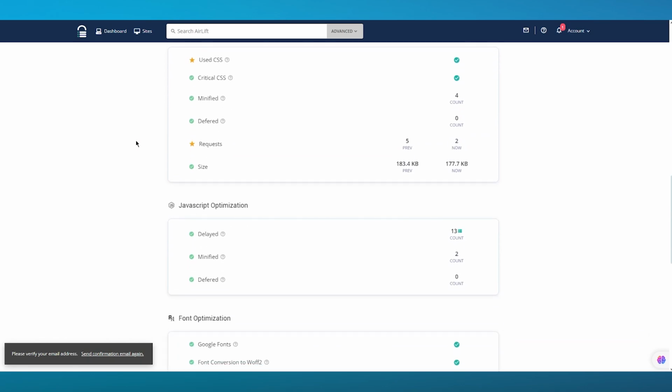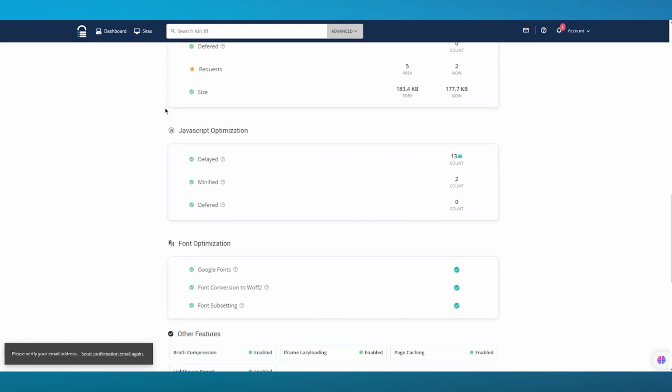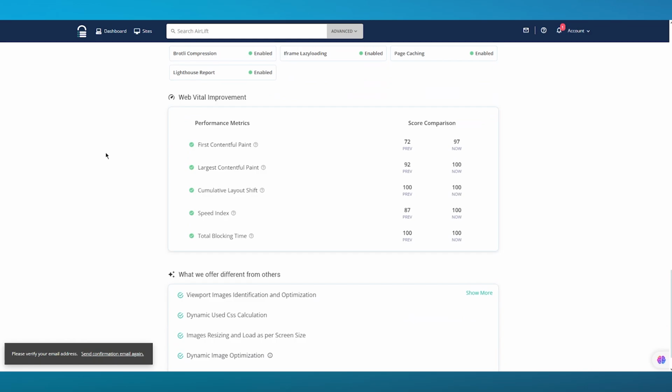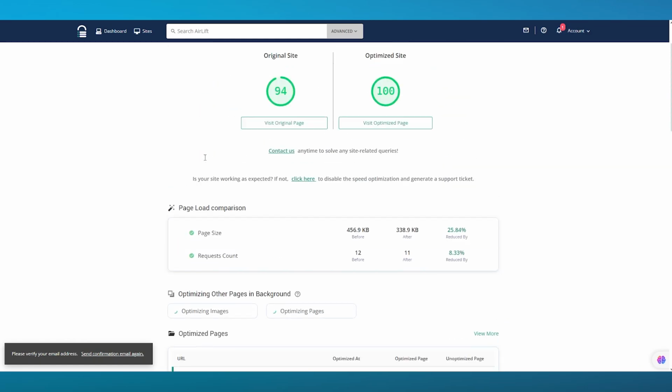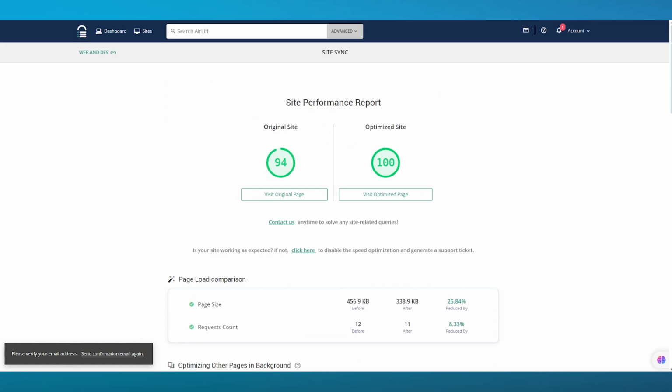It also uses different types of CSS. Your JavaScript also gets optimized with different fonts and different web vital improvements. So these are different things that get better in your case. And obviously, you're going to want to work through them according to how your website will function, okay?